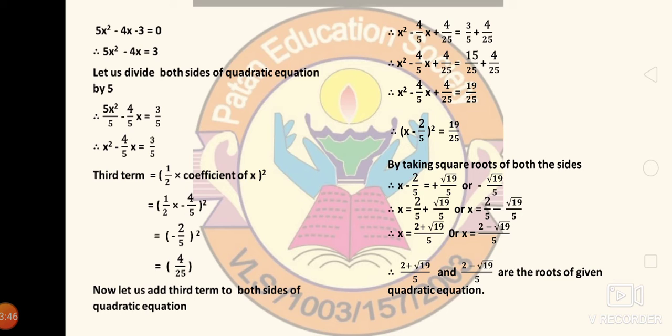Now see, x square will remain as it is, 4 upon 5 x will remain as it is, 4 upon 25 will remain as it is. Now after the equal sign, if you see the right hand side properly, you can solve that part using two methods, that is the cross multiplication method or the equal denominator method. So if you do the cross multiplication, what will happen? 25 into 3 plus 4 into 5. This you have to write at the numerator position, and then 25 into 5, the product of the denominators, at the denominator place.